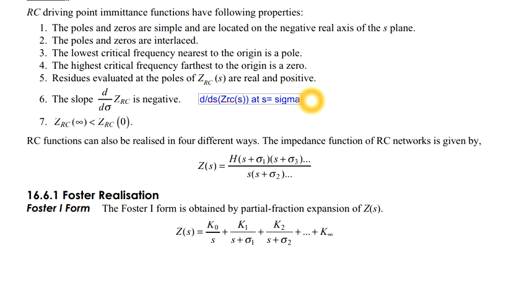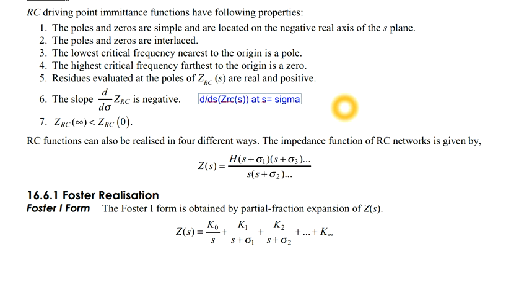Don't get confused: it is the differentiation with respect to S, and then you need to substitute sigma in place of S. Then that value should be negative. If it is negative, then only it becomes an RC function. That is the meaning of the sixth property. And the last one says that ZRC at infinity must be less than ZRC at 0. All these things you can observe for a given RC function. Now we will see